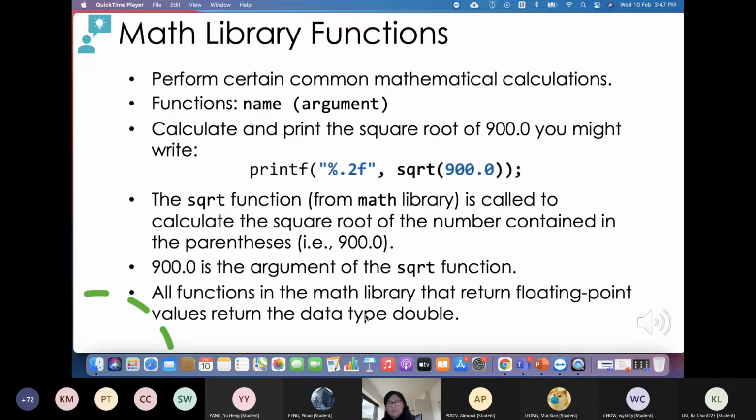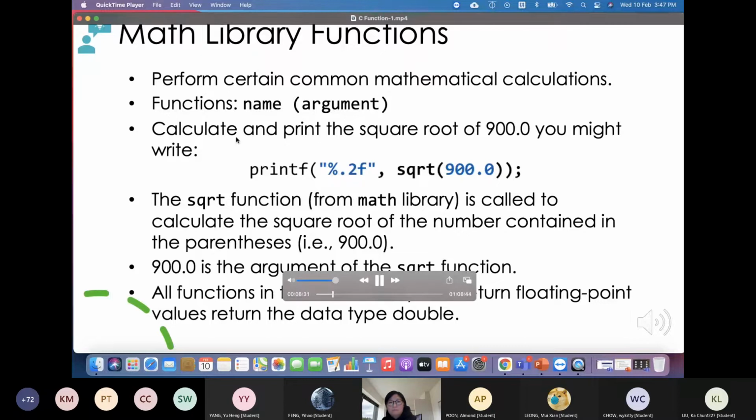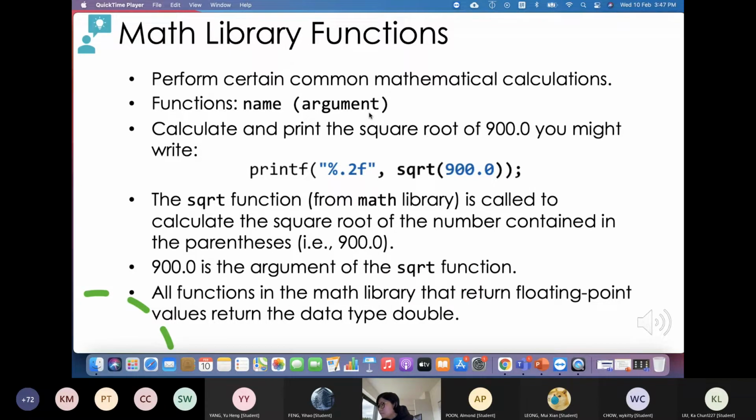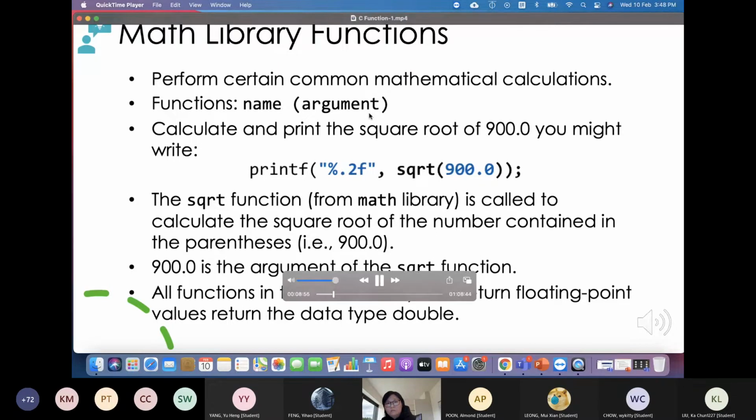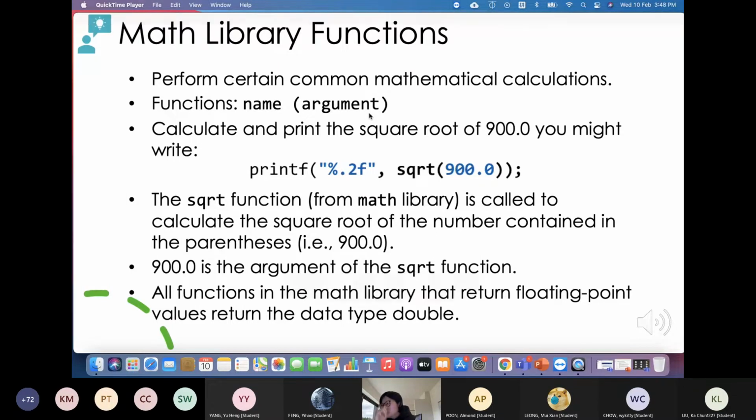The functions are normally used in a program by writing the name of the function followed by a left parenthesis, followed by the argument or a comma-separated list of the arguments of the function, followed by a right parenthesis, like this form. For example, a programmer will want to calculate and print to the screen the square root of